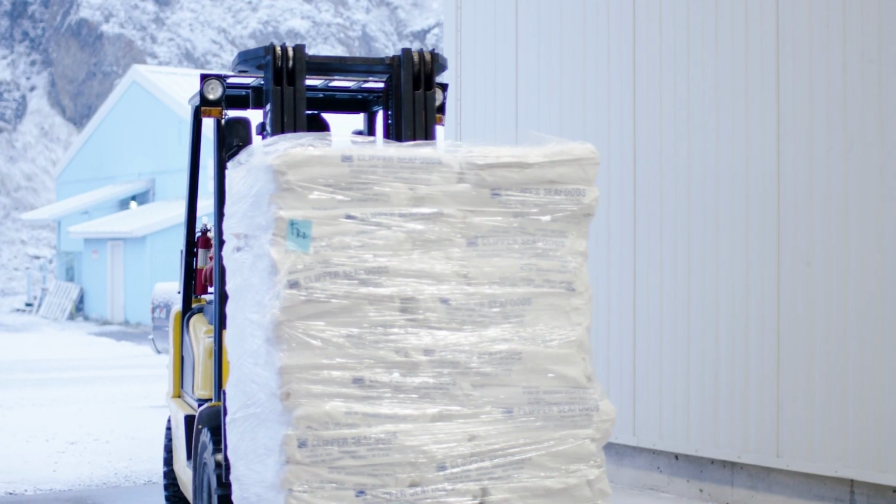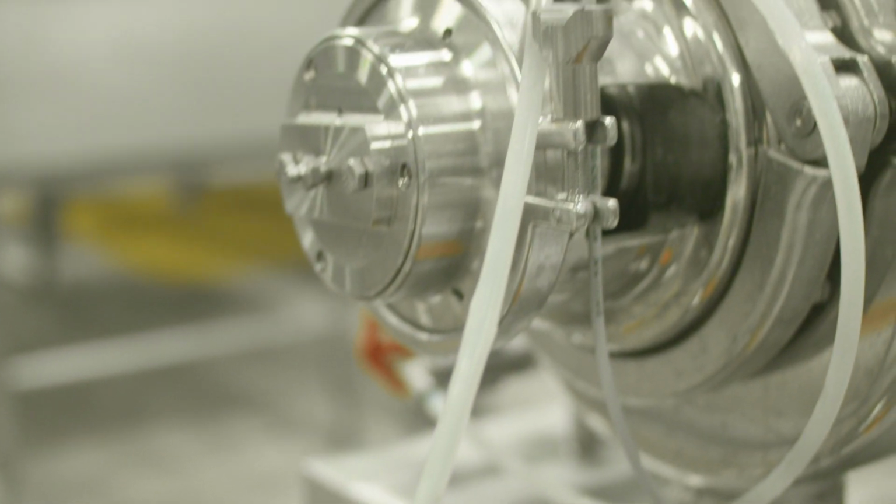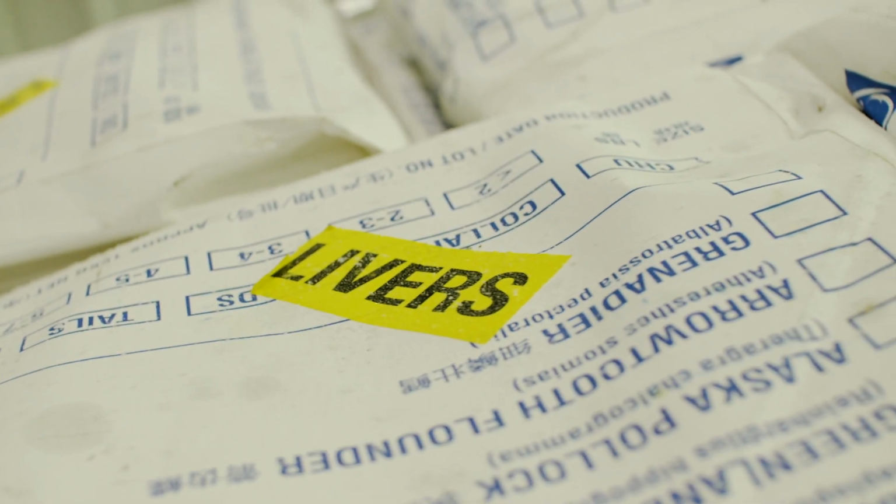What's in the fish guts? The truck backed up one day with these 50-pound slabs of fish guts to my lab and freaked out my lab people. It was a little more than we thought. But anyway, we did the analysis, and we found some extraordinary things in the oils, particularly the livers, which represent about 17 to 20% of the weight of the cod. Huge organ in the cod, because the cod is processing so many things